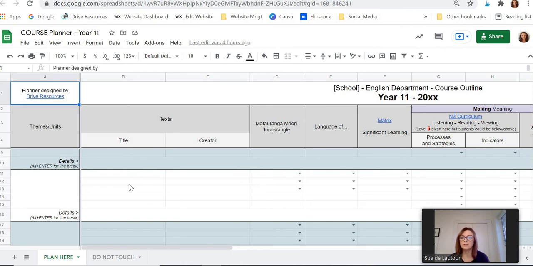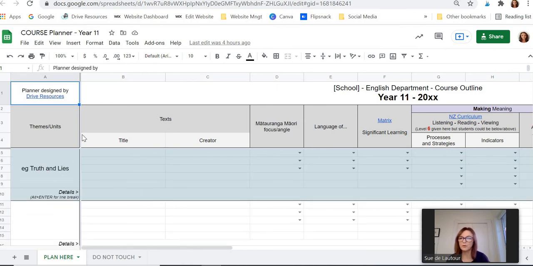Along here, you can put your themes or units down the left hand side. I really want to point to my screen, which is no use to you, of course. This is something that the HOF or the little management team will get together and think about: what are we going to do for year 11? So you can have your themes or units down the left hand side, as I said. You might want to put in text if you want teachers to use specific text, and then you can think about, well, okay, with this unit here,